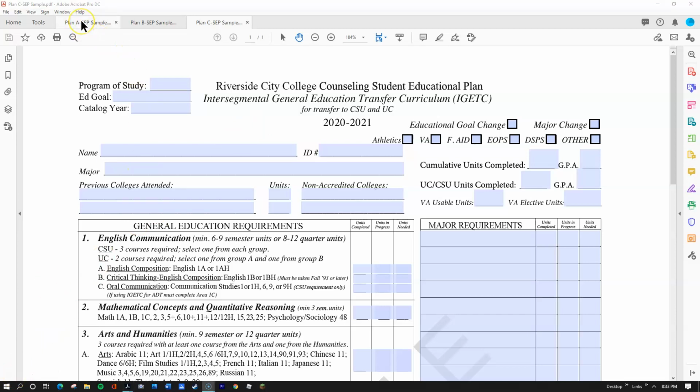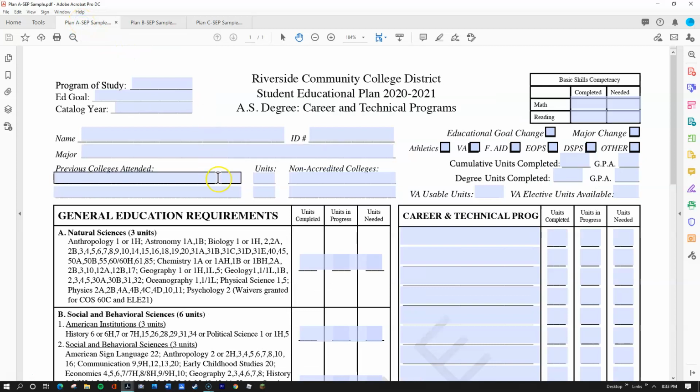What we're going to do now is go back to Plan A, and we're going to go through the different criteria within this educational plan so that you can understand yours if you happen to receive one of these paper educational plans. The college is transitioning to a program called EduNav at this time, and it is an electronic planning and registration tool. So it's predominantly taking the place of these paper educational plans, but you may still be utilizing these in the meantime. Certain populations will still be using these.